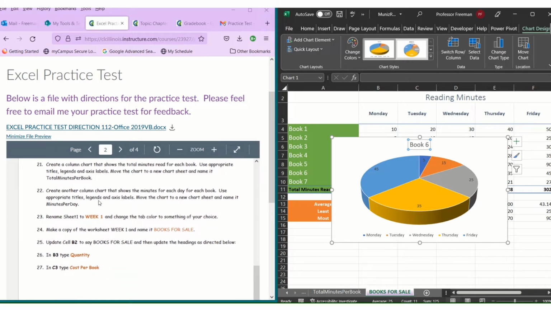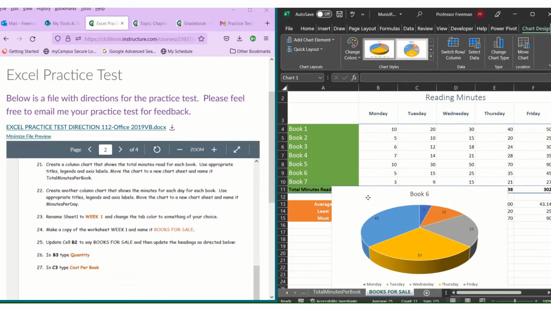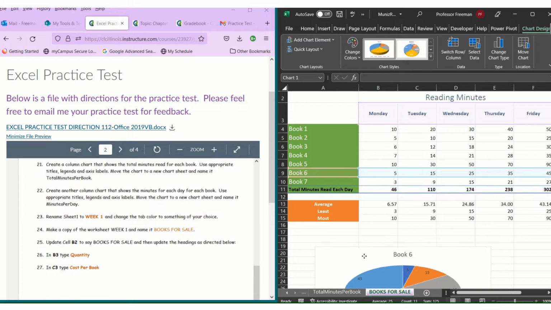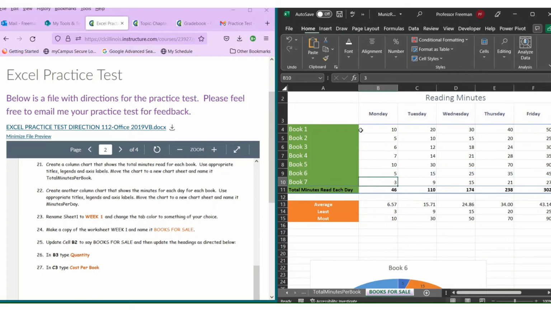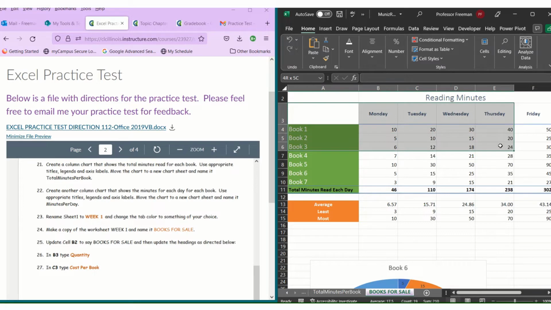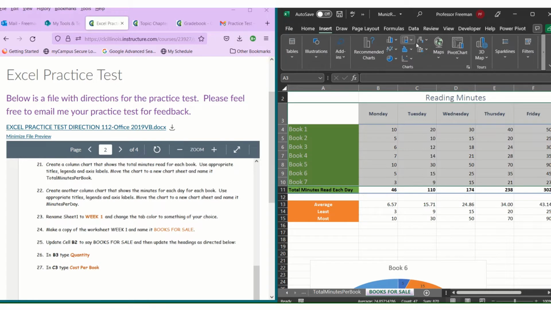Then a column chart that shows, and then you move this to a chart sheet and you know how to do that. A column chart that shows the minutes for each book. The minutes shows the minutes for each day for each book. So each day for each book. So we're going to select all this information, but we don't select the totals. And insert